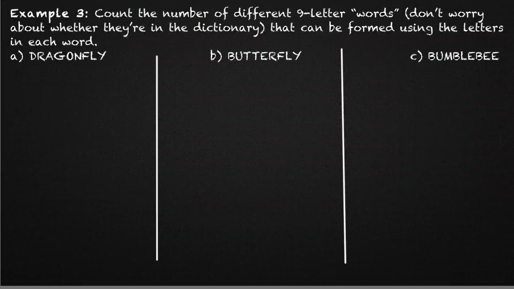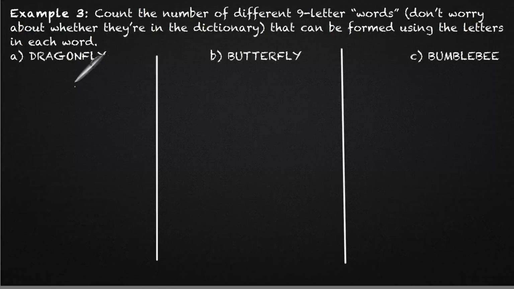All right, and this third example is very similar to the very first example, except we have more letters. So we want to figure out how many different 9-letter words, and once again, don't worry whether they're actual words in the dictionary, how many different arrangements maybe would be a better way of looking at it, that can be formed using the letters in each word. So there's 9 letters in dragonfly, and so once again, we could make 9 boxes and say, oh, well, there's 9 possibilities for the first letter. You use one letter, there's 8 possibilities in the second, and then 7, then 6, and 5, 4, 3, 2,